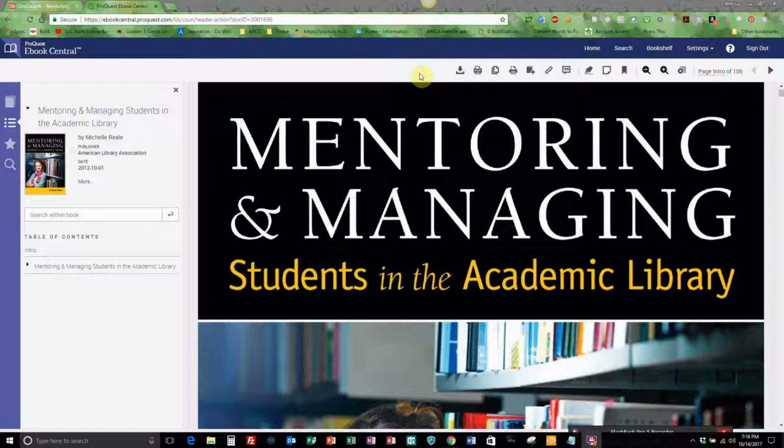Here are the icons that are available. Full download, chapter download, copy, print to PDF, add to bookshelf, share link, get citation, highlight, add note, add bookmark, zoom out,